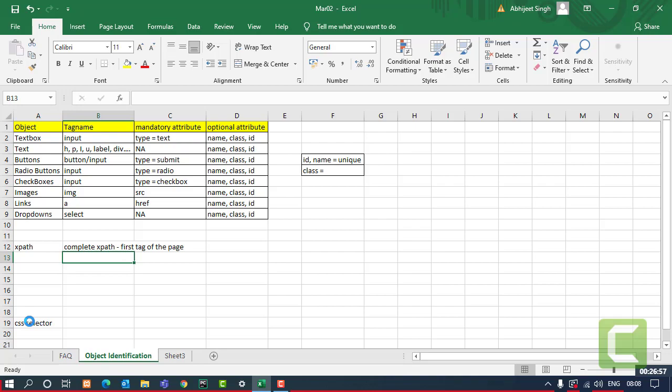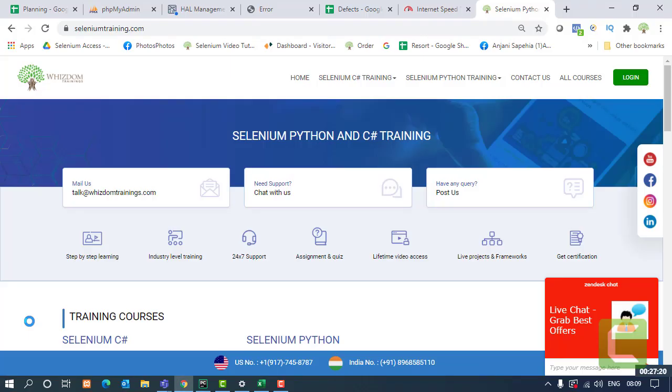And another one is the partial XPath. It actually does not start from the root, the first tag of the page, but this type of XPath starts from the element which does have the optional attribute available. Like for example, let's take an element over here on the website.